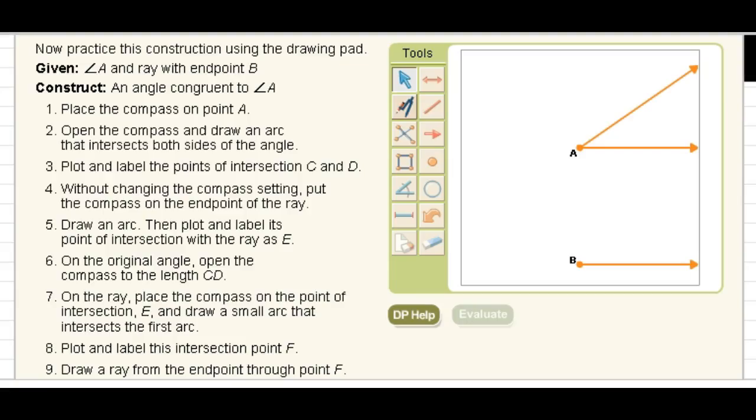So this construction is about making a congruent angle. We want to draw a line going up and to the right so that it's the same angle as angle A. It's open the same amount. So we follow the instructions again. Place the compass on point A. So we take out the compass, we move the anchor to point A,